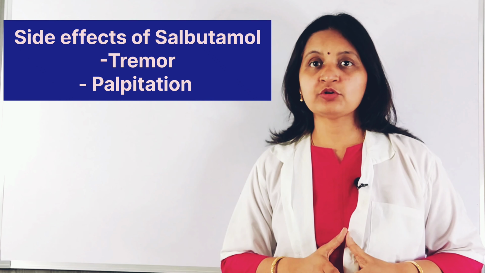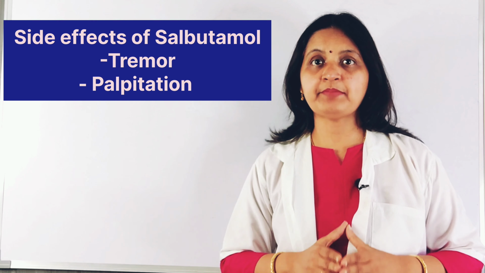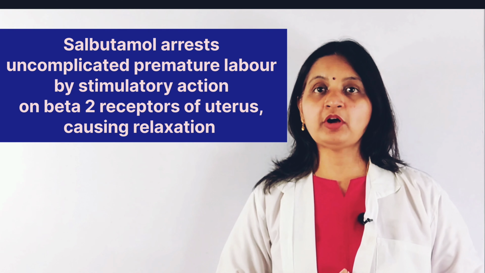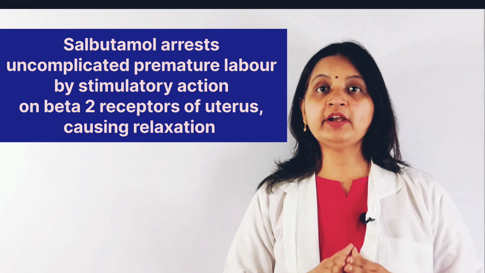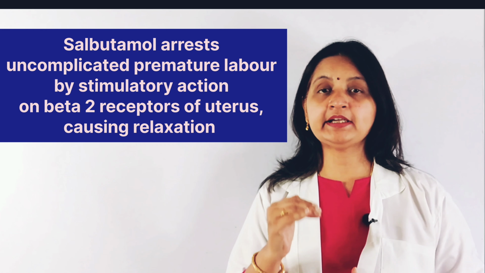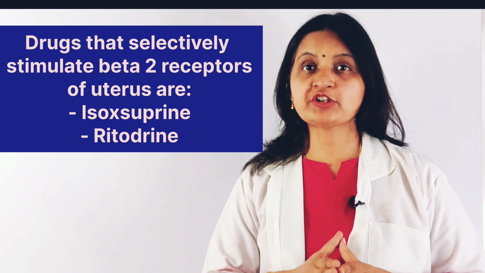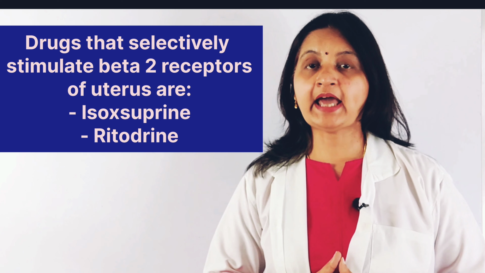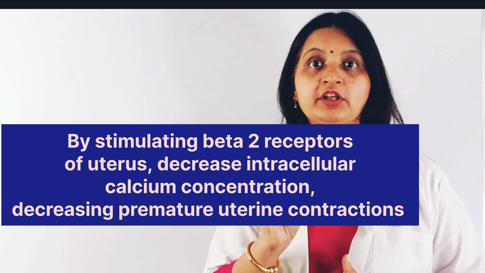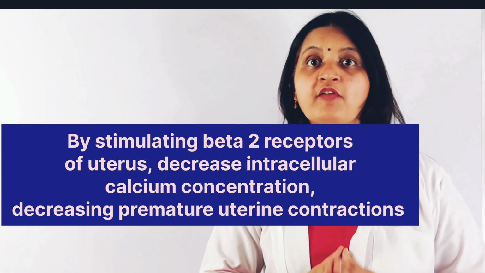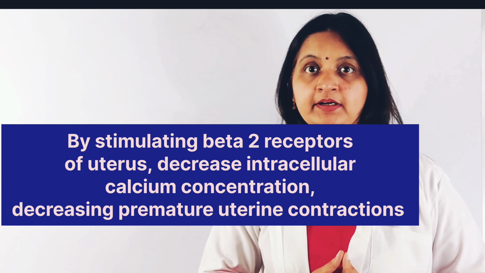Treatment with salbutamol is associated with side effects such as tremor and palpitation. Salbutamol, by acting on the beta-2 receptors of the uterus, produces relaxation. Therefore, it can be used to arrest uncomplicated premature labor. However, salbutamol use is associated with side effects such as palpitation and tremor. Drugs that have selective beta-2 action on the uterus are isoxsuprine and ritodrine. Because of selective beta-2 action on the uterus, they are used for the management of uncomplicated premature labor and are